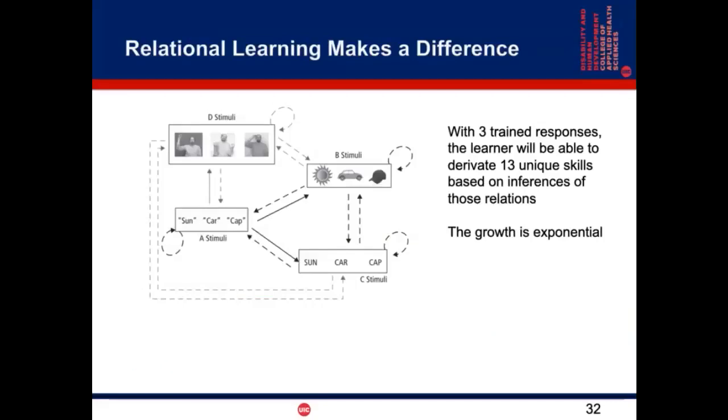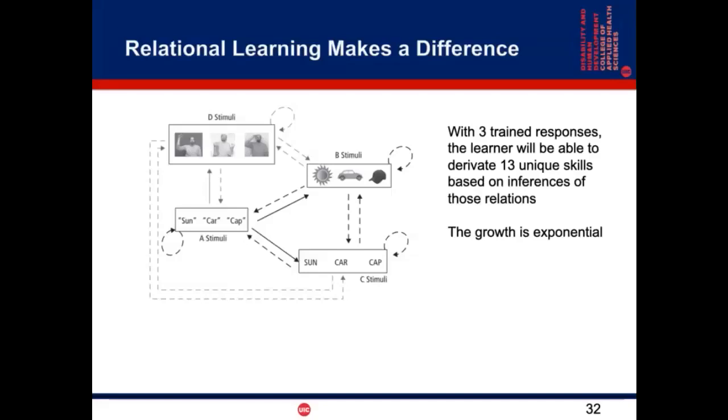Let's say I teach that the vocal word of sun is the same as the picture of the sun, and it's the same as the sight word of sun, and it's also the same as American Sign Language of sun. Then based on those 3 trained responses, the learner is now set up to derive by themselves